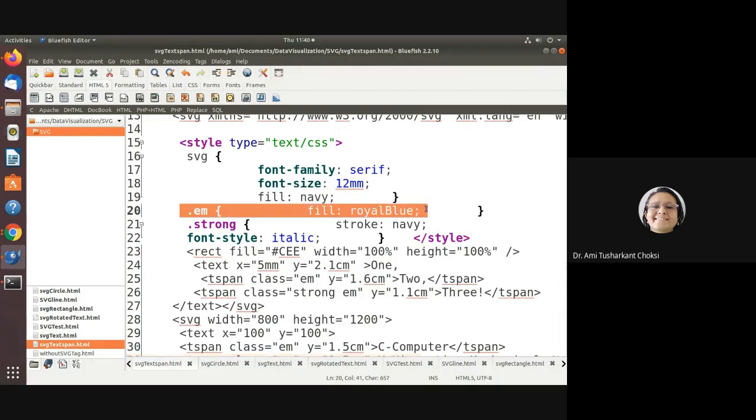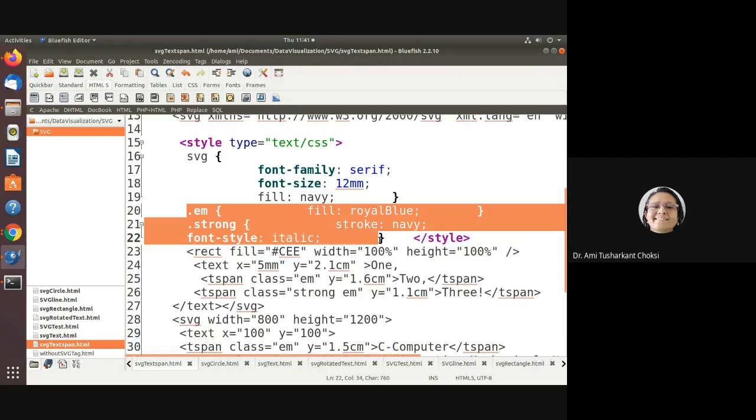Fine. Y is equal to something, then 2. That is, the text will be 2. Then after tspan, class is equal to strong EM, so it is having the properties of both the strong and EM classes. Fine.